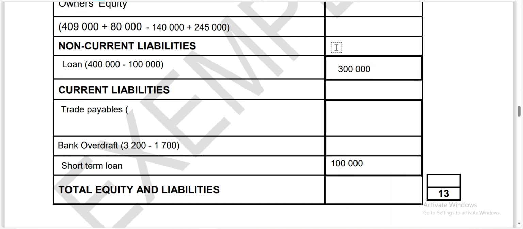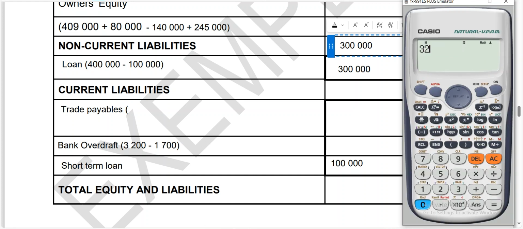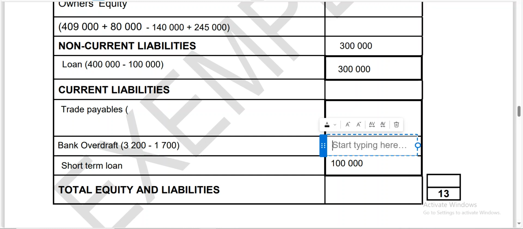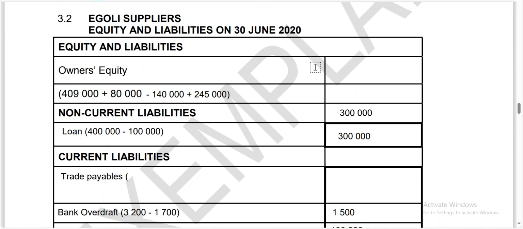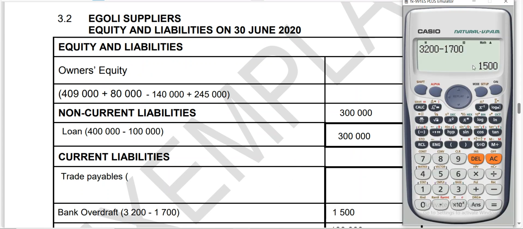Remember here, the answer is going to be 300,000 because you're going to pay a quarter in the next financial year. So you have your 300,000 here, and then for your bank overdraft, remember 3.2 minus 1.7 is going to give us 1.5, meaning that our bank overdraft will remain as 1,500. Then from there, we can make sure that we totalize our equity. Our equity is going to be 409,000 plus 80,000, and then minus 140,000, and then plus 245,000. It is giving us